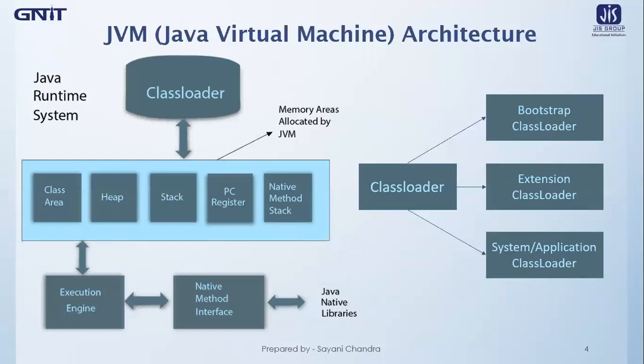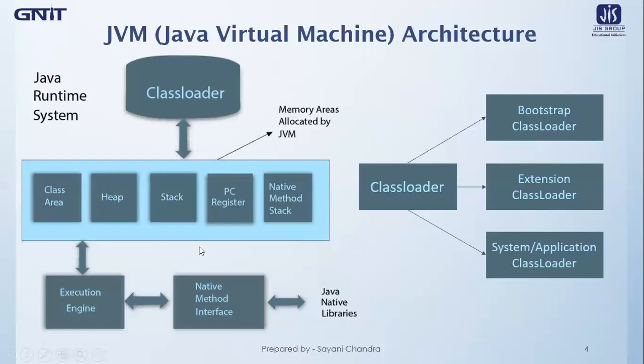By default, the class path is set to current directory. Now, if you want, you can change the class path also by using -cp or -classpath switch. It is also known as application class path class loader. Now, these are the internal class loaders that are being provided by Java. If you want, you can also create your own class loader. For that, you just need to extend the class loader class. So this is all about the class loader part.